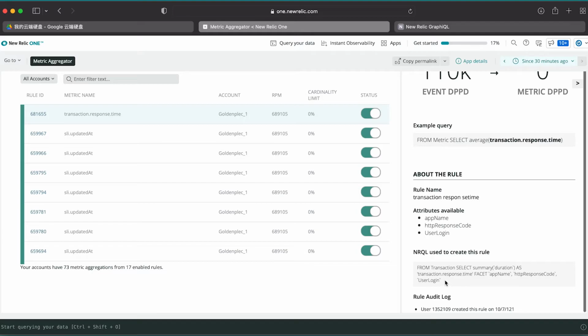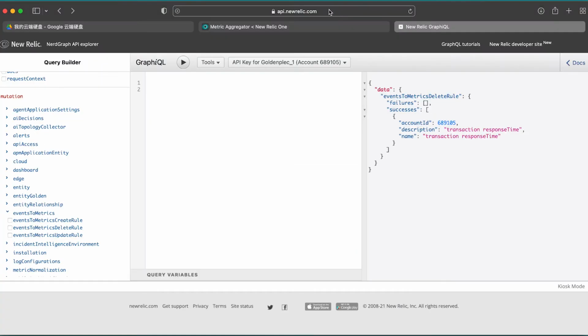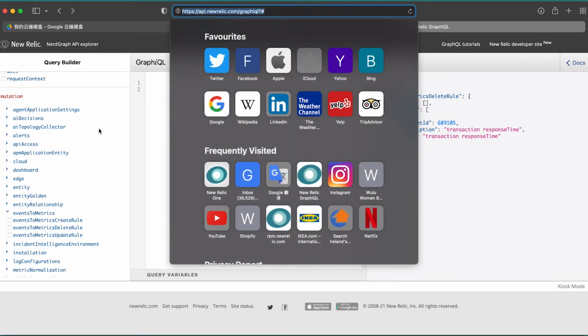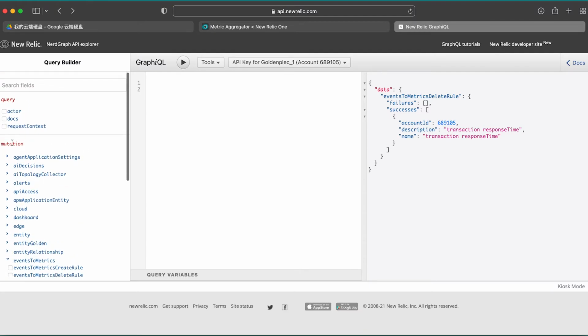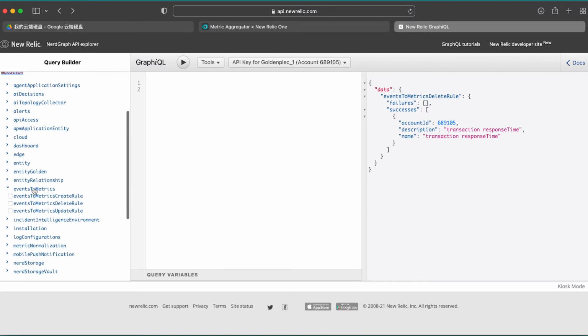Well, as I mentioned, there's also a manual way to create events to metric. You need to build your own NRQL query, and then you can go to the New Relic GraphQL API, api.newrelic.com/graphql, and there's a mutation endpoint under events to metrics.